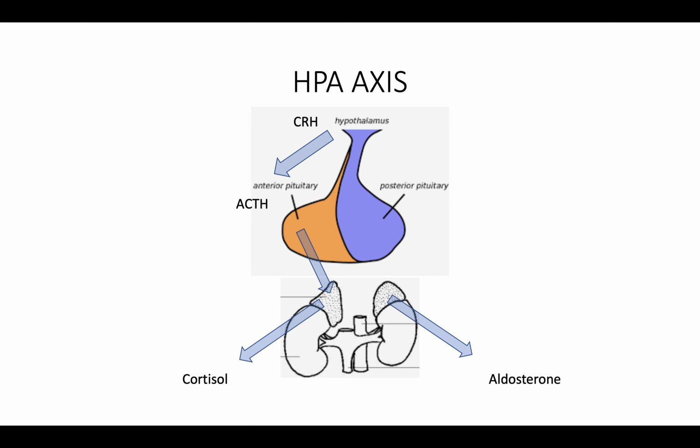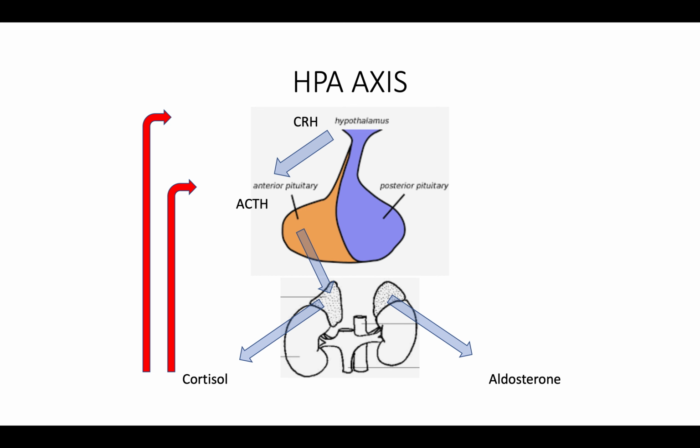It's also important to add that there is a negative feedback loop in which cortisol can suppress the release of ACTH and CRH. Now, systemically, cortisol has many effects, including on glucose metabolism, usually causing an increase in blood glucose levels, and aldosterone is essential for sodium and blood pressure regulation, and it usually causes an increase in sodium and